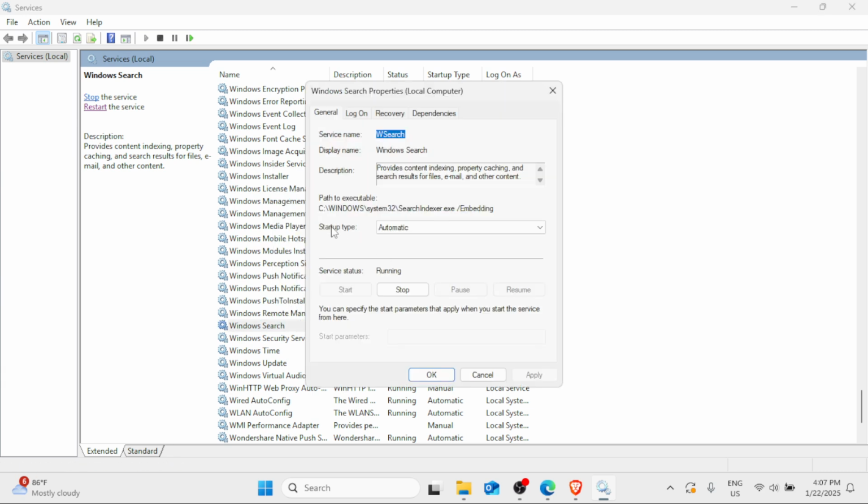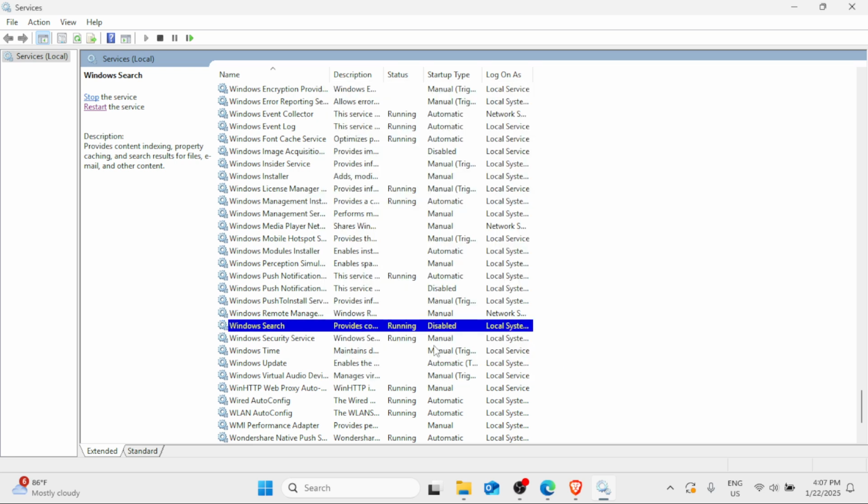So if you want to disable this, simply click on this drop down menu and then click on disabled. Click on apply and then OK. And then just make a restart of your Windows. However, if you want to enable it,